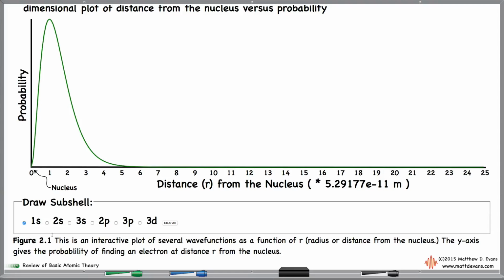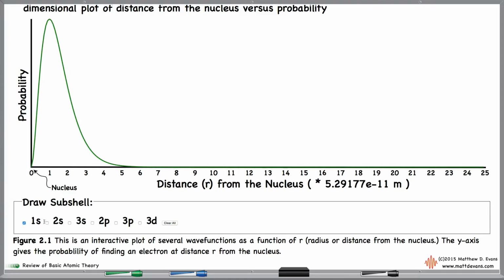And if we're talking about a 1s wave function squared that we just plotted, notice that the maximum probability of finding the electron is located 1 Bohr radius from the nucleus. That's no accident. That's how the Bohr radius is defined. Okay, so when we plot that, this is the wave function squared for a 1s, maximum probability right at the